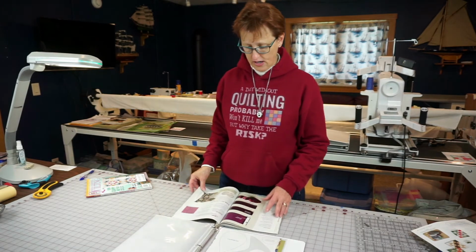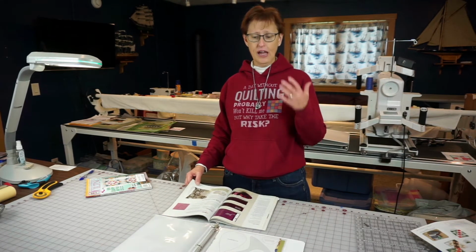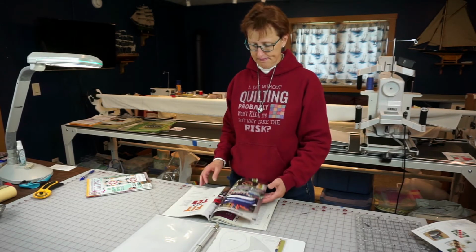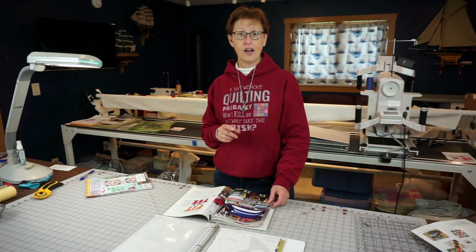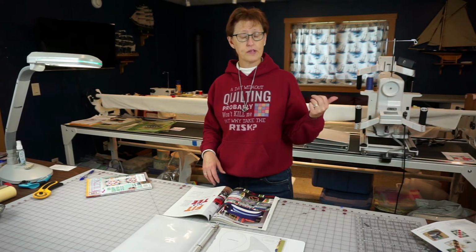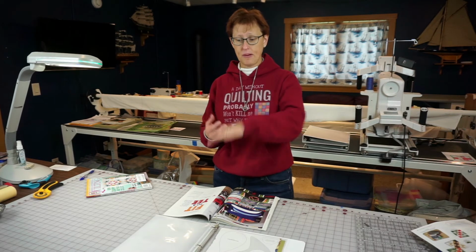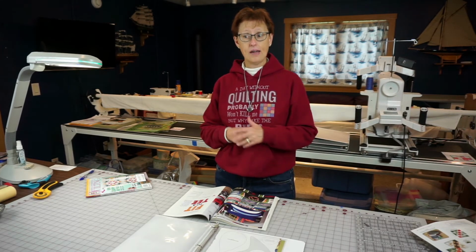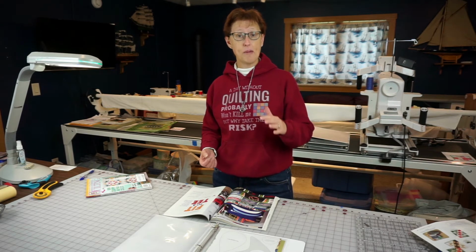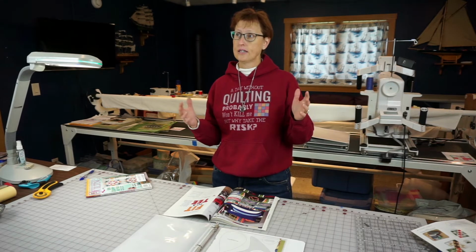Therefore, if later on I go, oh man, I took out this pattern and it needs the template or something that they're referencing, now I have it. Because yesterday, oh, that's the other place I do my magazine cleanup, in the car. We road tripped to the quilt store yesterday, and so I threw in a pile of magazines and my binders, and I was doing that. Got home last night, and I remembered I found this really cool one called Latte